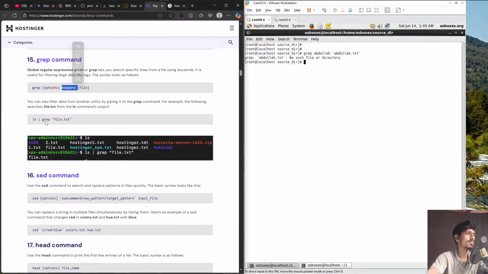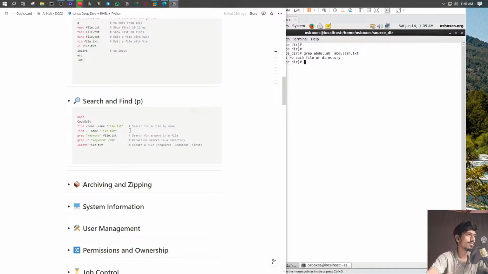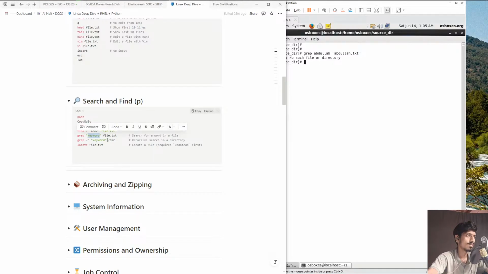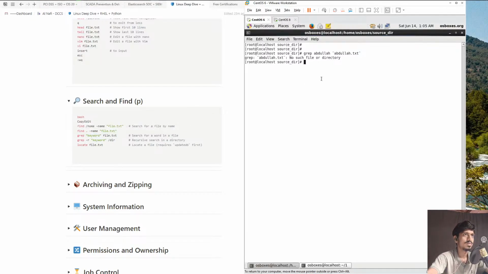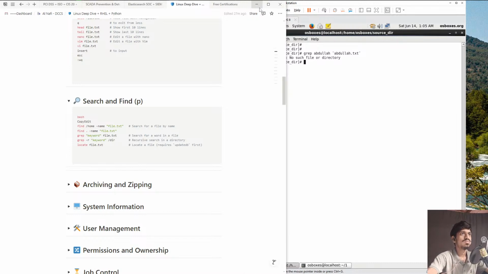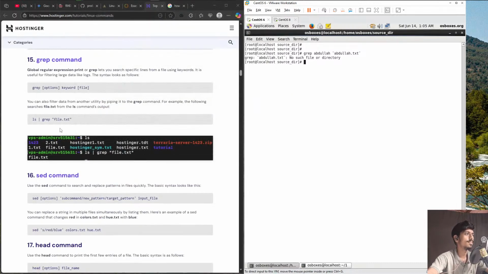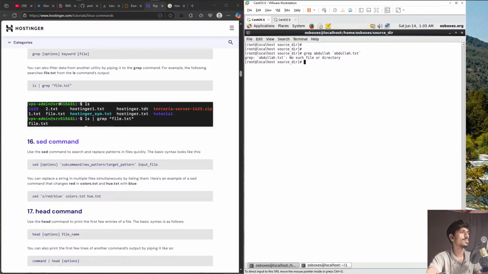Keyword. Just skip this part. Let's go to the next one,